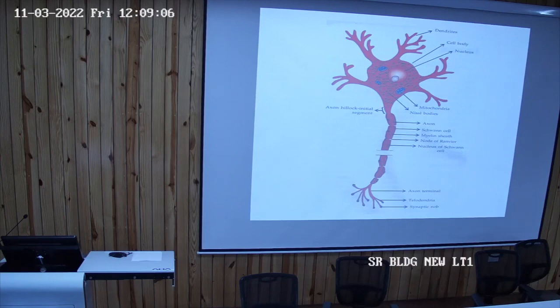These are basically the rough endoplasmic reticulum. You can see here these are granules. On the rough endoplasmic reticulum, ribosomes are stacked up, and they form the Nissl granules and help in the synthesis of protein. Okay, but what is the difference? Any other difference apart from other cells? Yes, anyone who can tell? These are very basic questions.